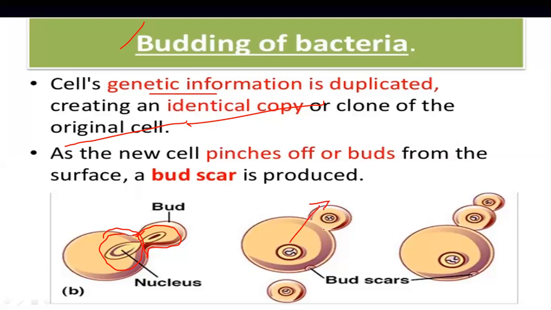When it has completely moved outside, the bud appears, and later this bud sheds off into an organism. So the bud is shed off from here, leaving a scar on the old cell. And you can see here that from one cell the other cell is formed, and from the other cell one more new cell is formed.